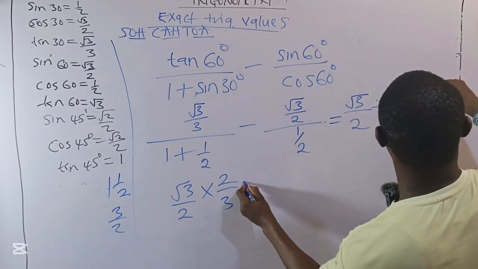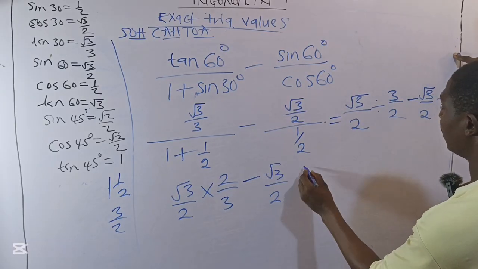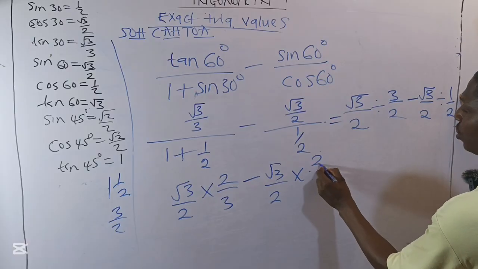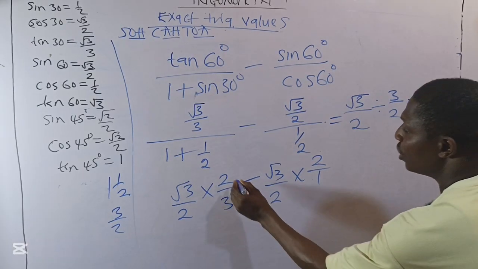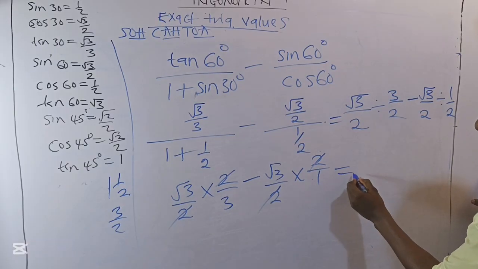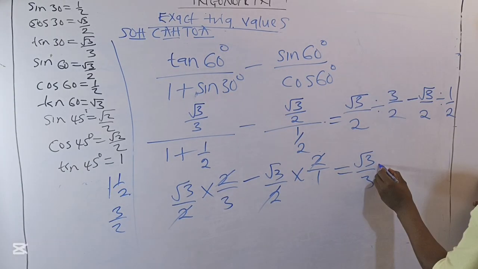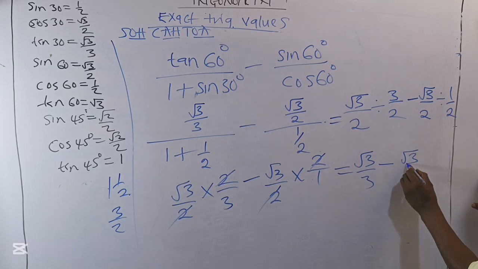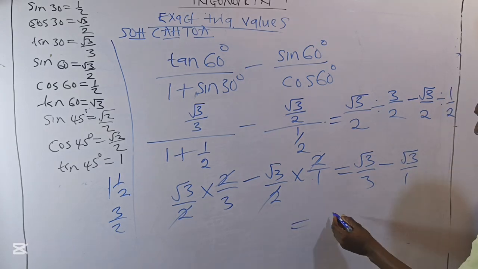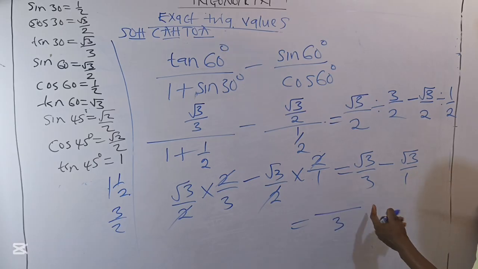2 over 3 minus, here becomes root 3 over what? 2 times 1 times 2. Interchange here, 2 over what? 1. So this can cancel this and this can cancel this. I therefore have root 3 over 3 minus root 3. This can be what? Over 1. And if I want to combine both, I will simply have LCM to be 3 all over 3